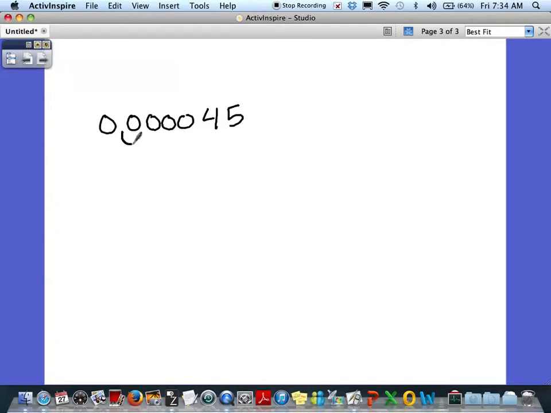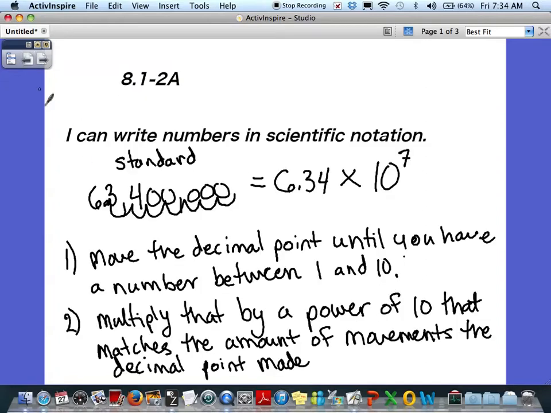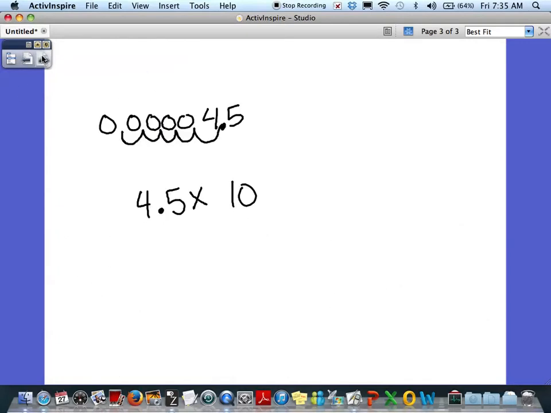So in this case, I'm going to move it 1, 2, 3, 4, 5 times so that I have 4.5. So then you would think if we do this the same way that we did the other one, multiply that by a power of 10 that matches the amount of movements the decimal point made, then we would multiply it by 10 to the 5th because we moved the decimal point 5 times. But here's a crucial difference. 10 to the 5th is actually